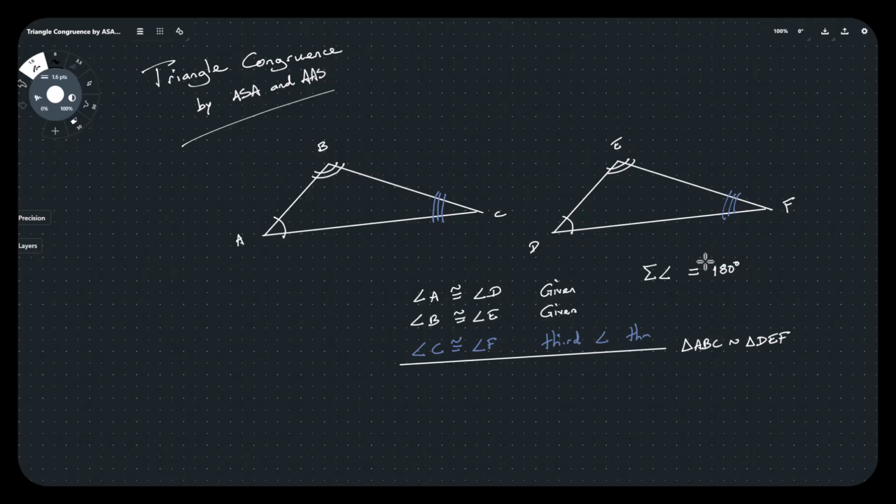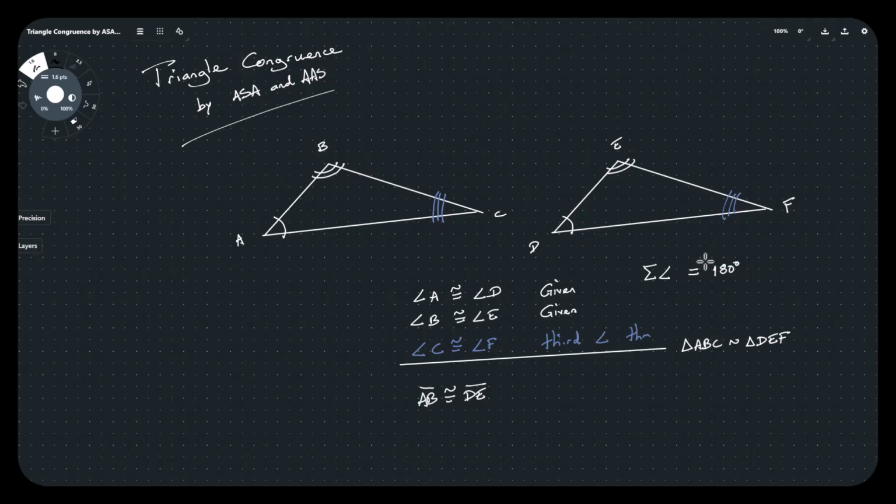But now if I can also say that one of these sides on ABC is congruent to one of the sides over here, then that means these triangles are similar, and with one side being congruent, they have a scaling factor of 1. So whether I want to say side AB is congruent to side DE,